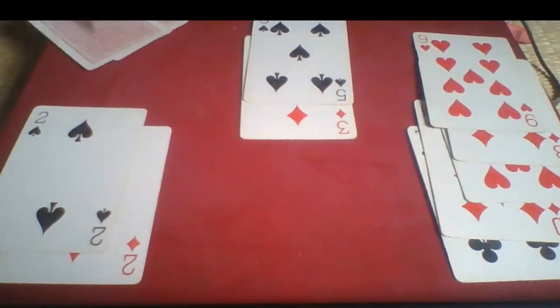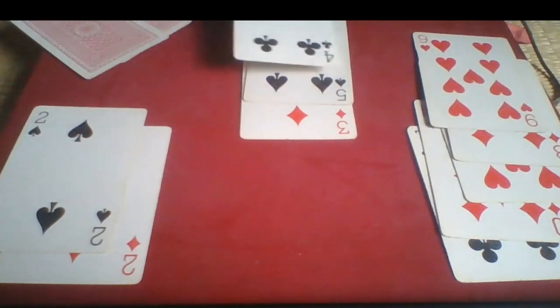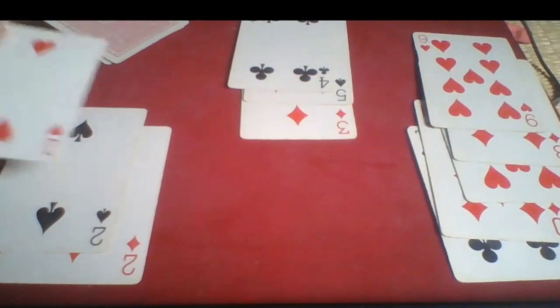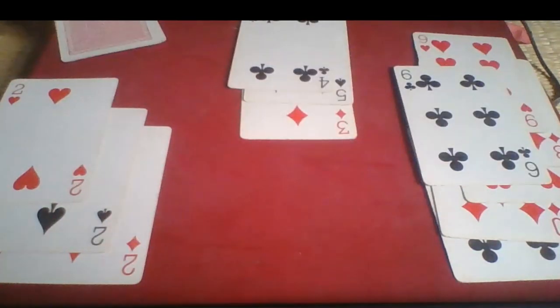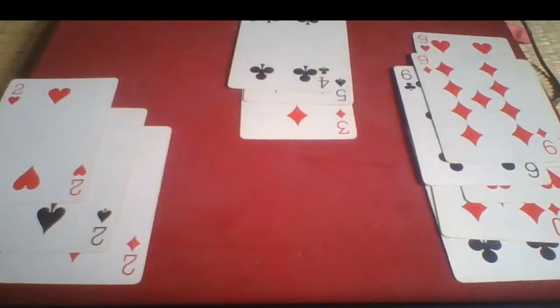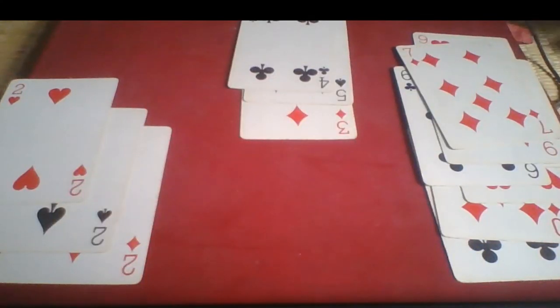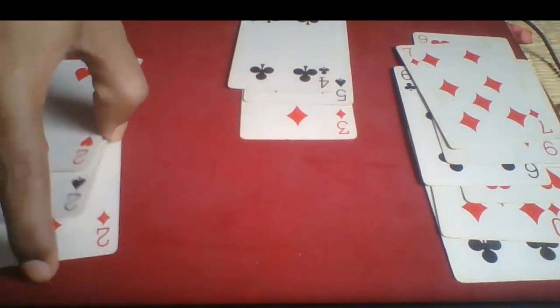4 can be in the cluster of 3, 2, 6 can be in the cluster of 7, 9 can be in the cluster of 7, 7 can be in the cluster of 7. Now I have placed all the cards to the nearest of its centroid. Next I will find out the average of each cluster.